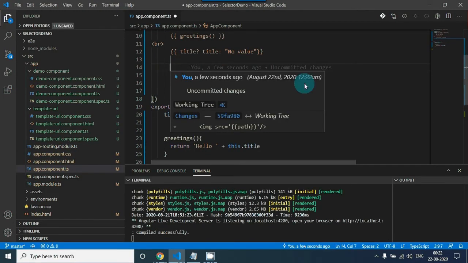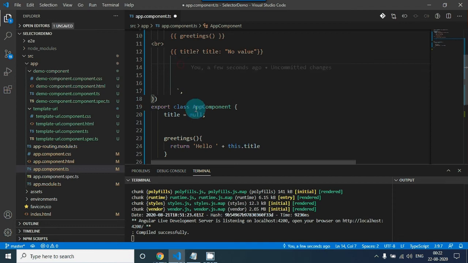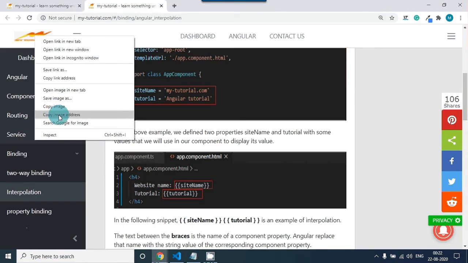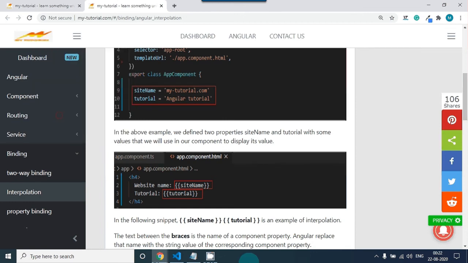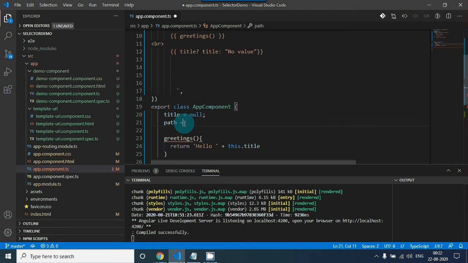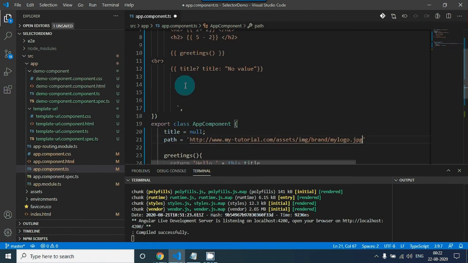Finally, let's bind an image using interpolation. So I will take the path of my image from my website, copy the image address, and make a property called path and store that in that property.